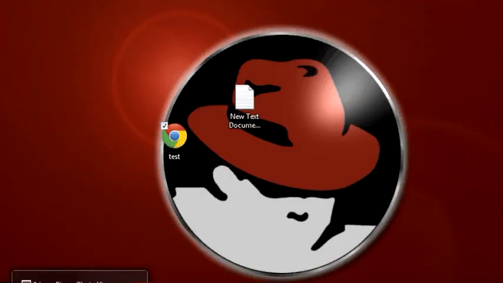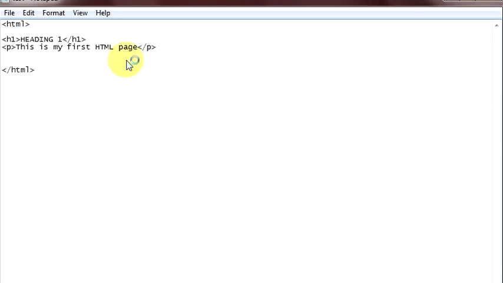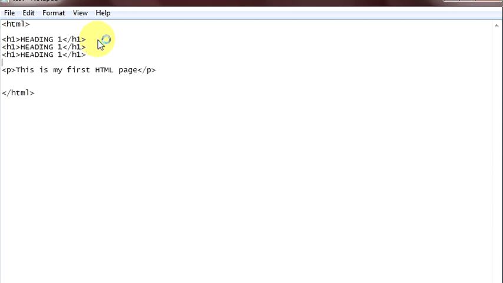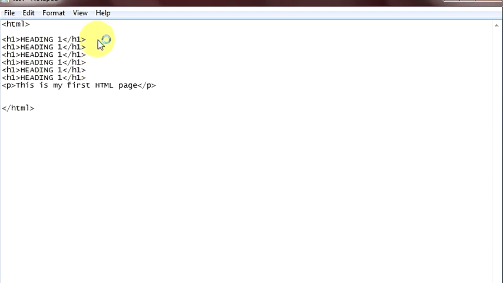Then likewise we have many headings. We have around 6 heading tags. I'll show you the difference between all of them. This is h2, ends with 2. This is h3, ends with 3.